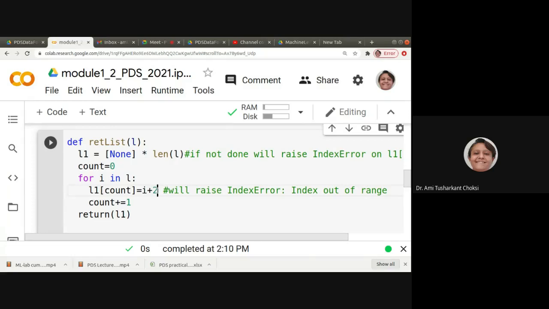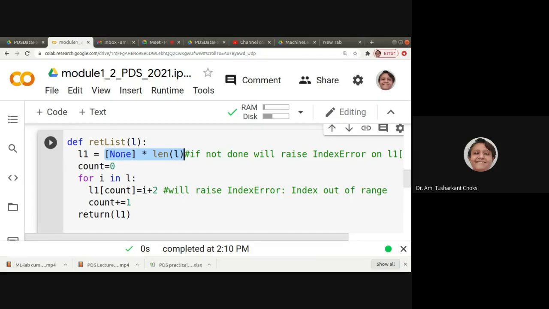This function will return a list, say list L is there. So whatever are the elements in that, plus 2 is done, and that's what this function will return. Okay, so for that, we should have a list available which has the same size as our original list, that is L.